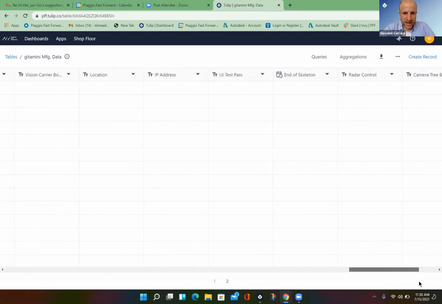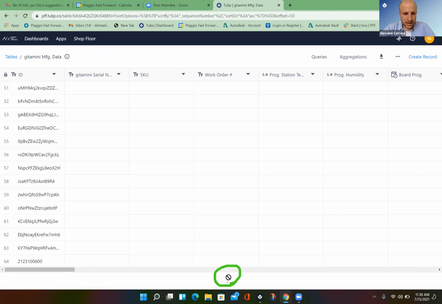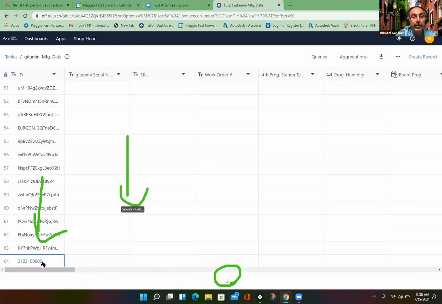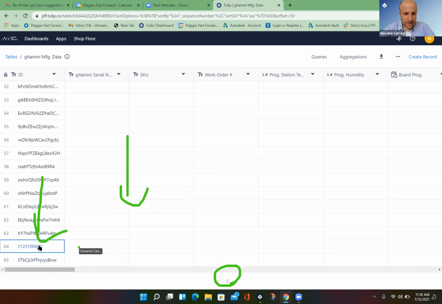Now, if you go over to page 2 of this table, you may have to go in and delete these later, but all the way at the bottom here, if you scroll down, it's right here. Oh yeah, there it is, exactly. And if you click this record,